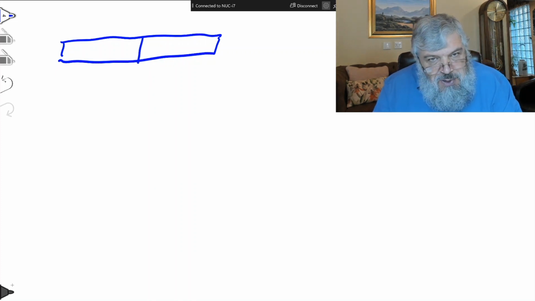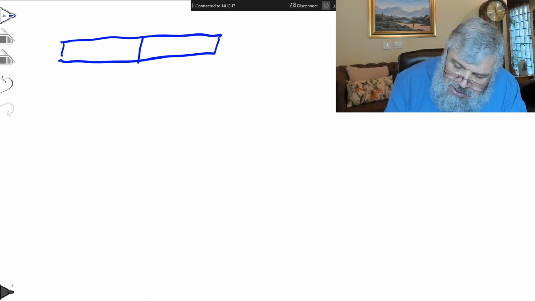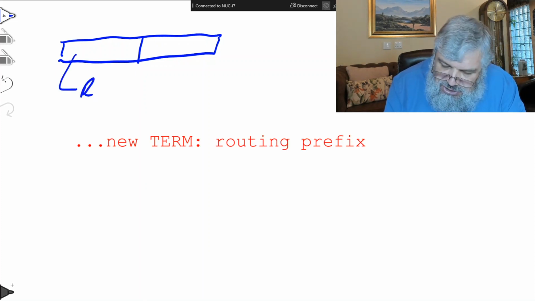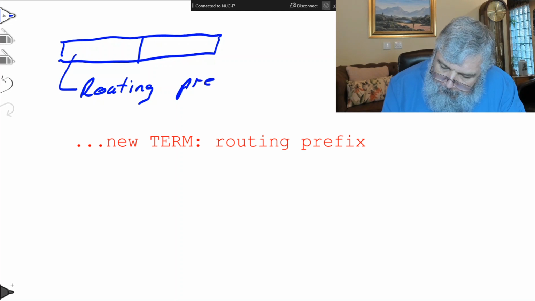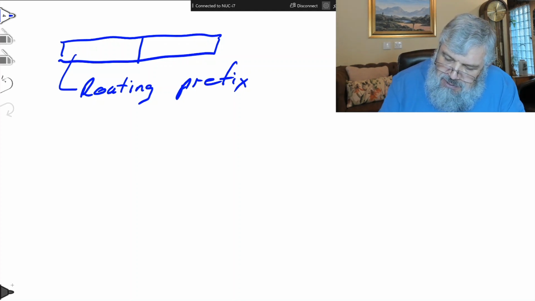So 64 bits will be allocated for the network portion, and in this particular case they introduced a very nice new notation that they call the routing prefix. So the routing prefix, initial 64 bits, and then we still have the host portion at the bottom.